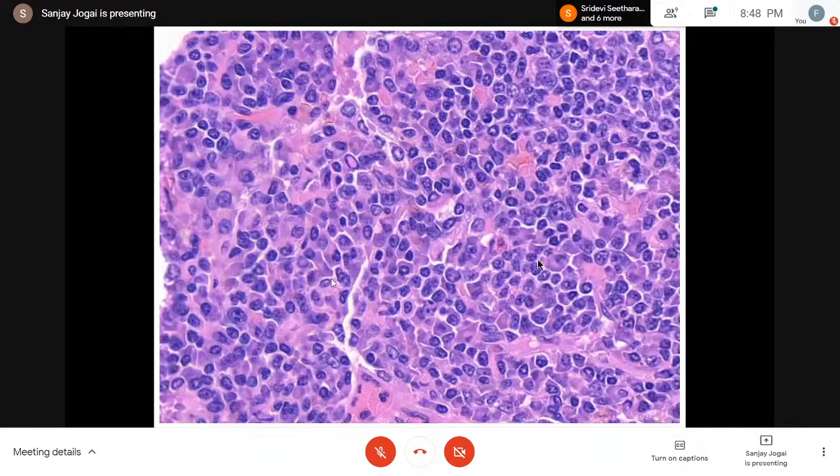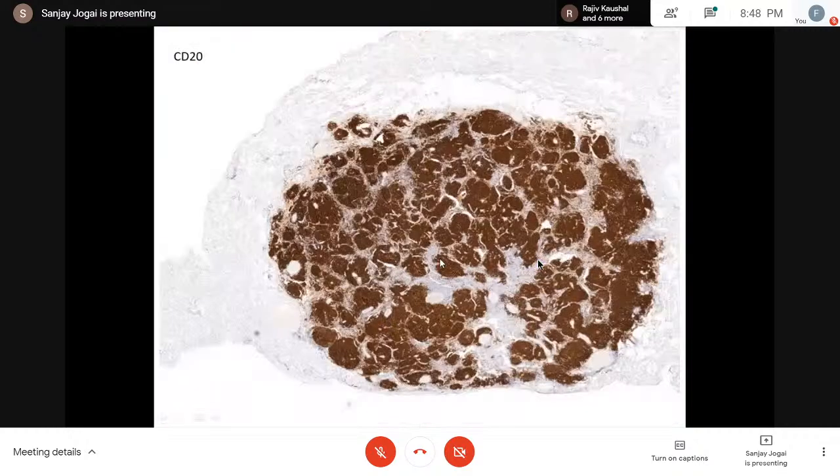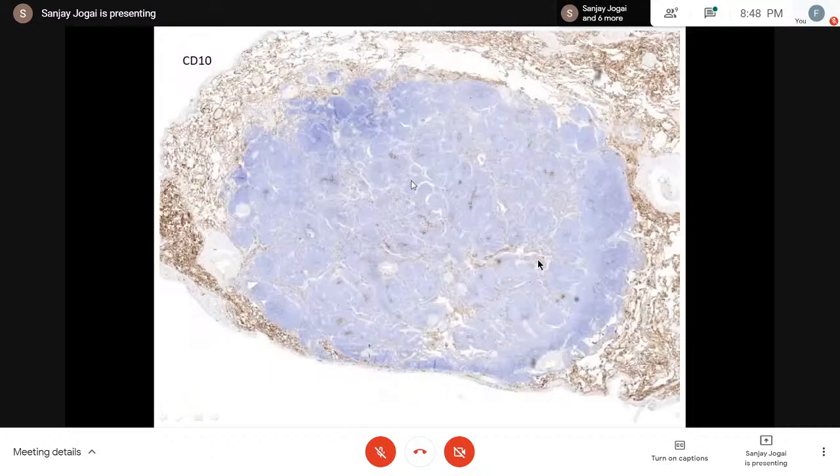And this was quite nice because this is an area where you can see lots of plasma cells. So plasmacytic differentiation. And the reason I clicked this picture was to show you this Dutcher body, which is an intranuclear inclusion of immunoglobulins. And then I went ahead and did immunohistochemical stains. This is a low power view of CD20, quite nicely, strongly positive. And this is CD10. The reason I'm putting CD10 here is to show that this is CD10 negative, because the